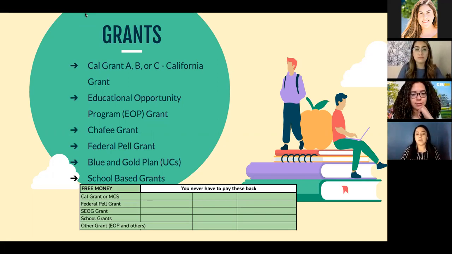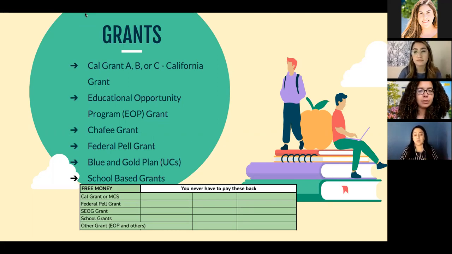Cal Grant C is mostly only for students who are interested in career and technical schools. So if you are trying to pursue something like being a mechanic and you want to go to a technical school, or you want to go to a community college to study cosmetology, you might be eligible for a Cal Grant C, as it provides about 547 for books, tools, and equipment that you need for your program. In order to claim your Cal Grant awards, you must create a Web Grants account.